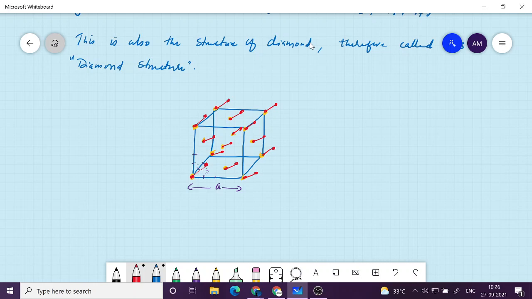Now there are 14 lattice points, and out of those 14, 10 of those lattice points will have the companion atom going out of the unit cell. You can see that. So this is outside the unit cell, this is outside the unit cell, this is also outside, this one outside, this one outside, this one outside, this one outside, then this one is also outside, then this face is also outside.